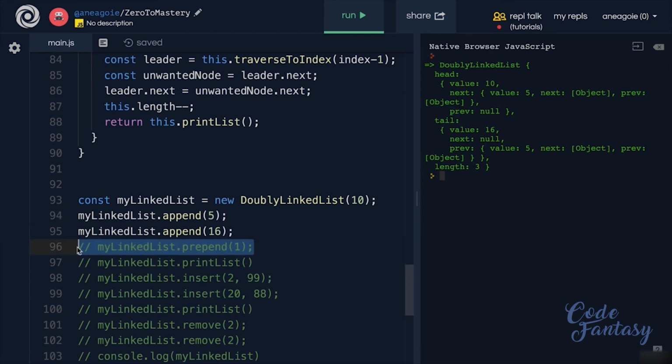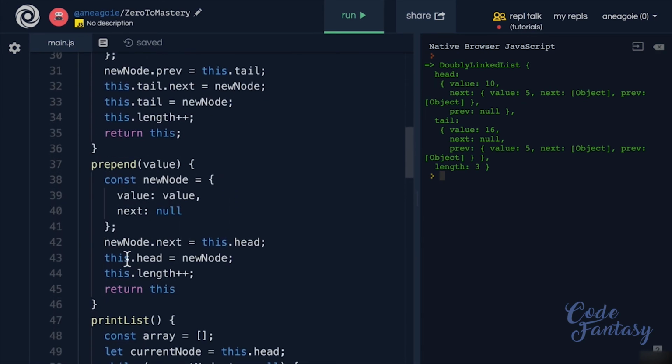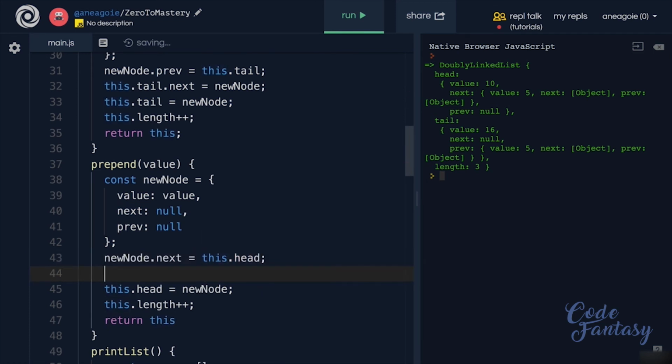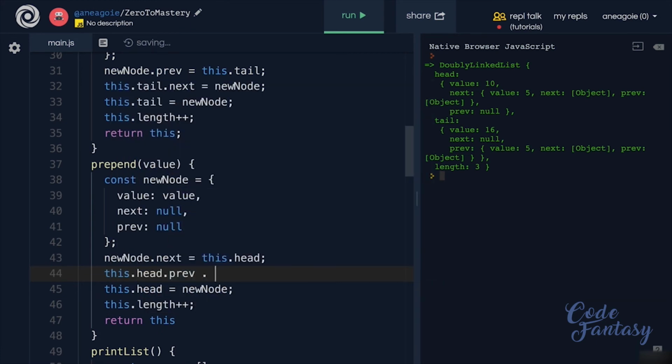Let's do the same for prepend, that is to add at the beginning of the list. If we scroll up to prepend, we once again want to add a new property, which will be the previous. That will equal null for now. And we want to keep everything the same. We want to make sure that the new node.next is going to point to whatever the head is currently. But we also want to say that this.head.previous should now point to our new node because it's no longer the head. And then we can update the head to be our new node, and this.length is going to increase,